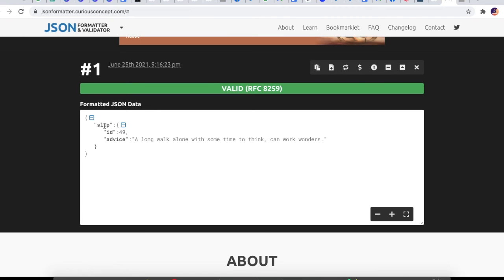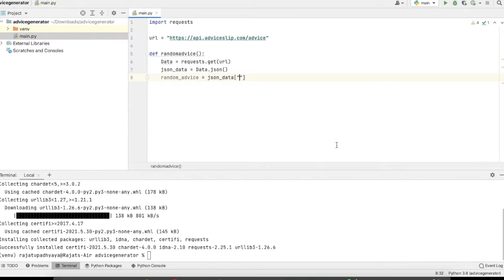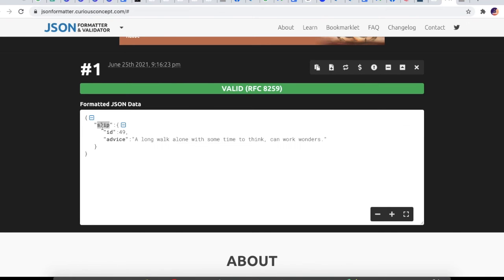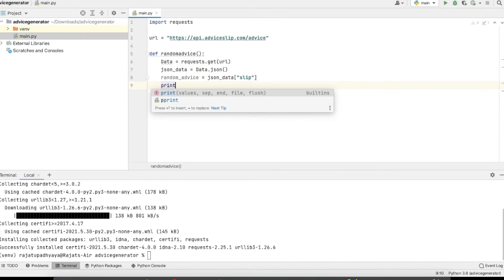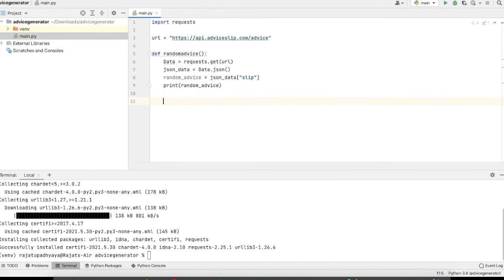As you can see, our key is slip. In this key all the values are there, so we will use this key. We will copy this key here and print random advice, and we will see here. Just need to call this function and we will run.